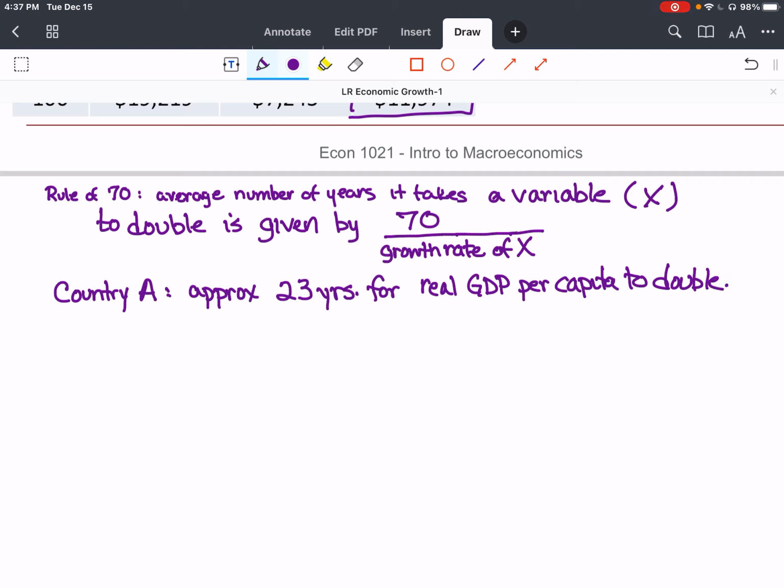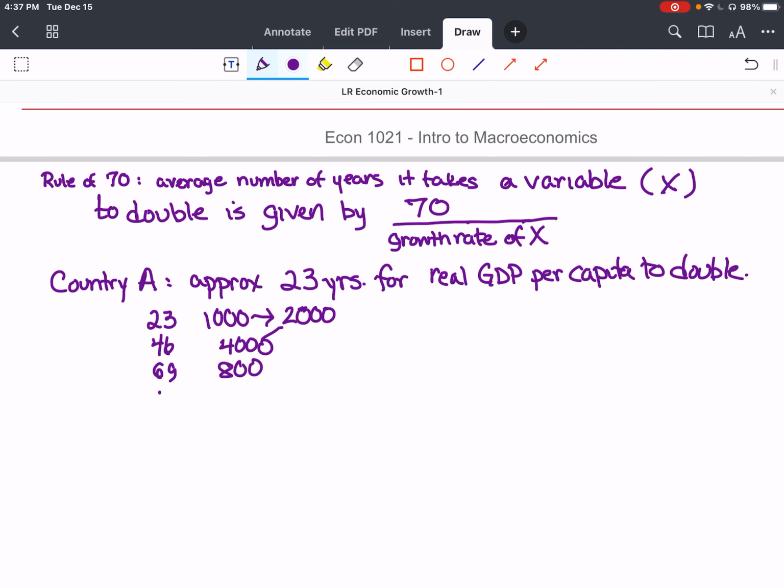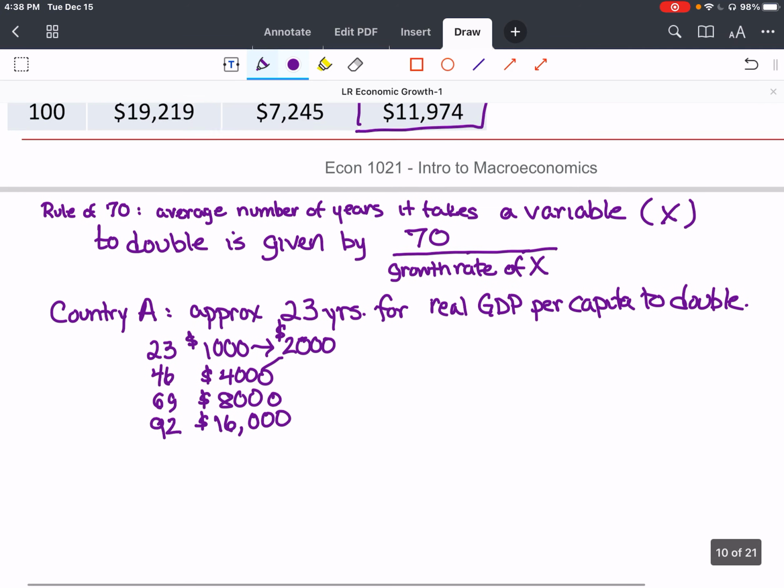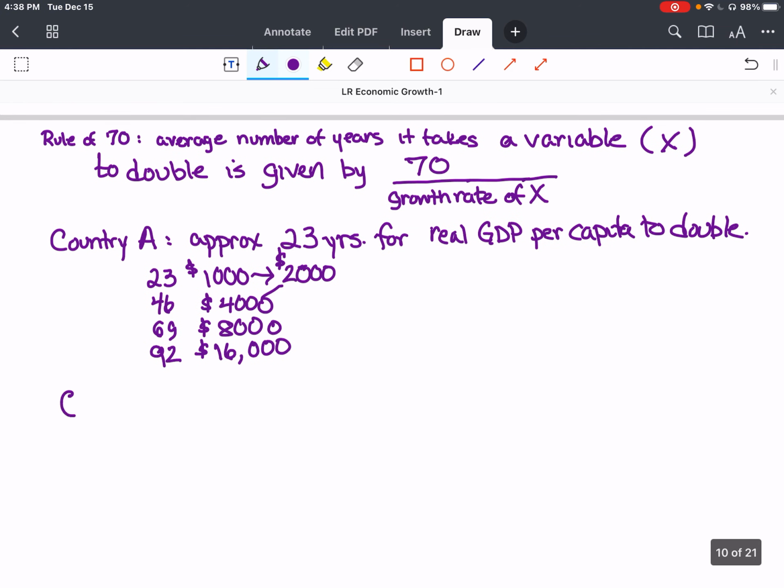What that means is that after 23 years, we go from 1,000 to 2,000. After 46 years, we go to 4,000. After 69 years, we go to 8,000. After 92 years, we go to 16,000. And then, of course, we saw that after 100 years, GDP per capita was almost 20 times larger than what it started off with. We saw that right there. Similarly, if we think about country B,